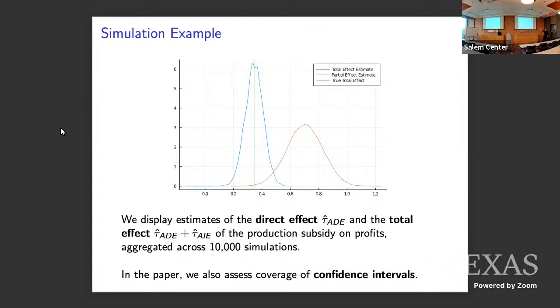And then when you take the sum of the average direct and indirect effects estimated as discussed, you get this blue curve, concentrated more at like 0.35. So here you see that the average indirect effect is negative. If you subsidize producers, market price goes down, this hurts producers, and it eats up more than half of the direct effect of the subsidy. So here you really want to take this into account to capture the total. The green curve here is the true total effect that we hope to target.